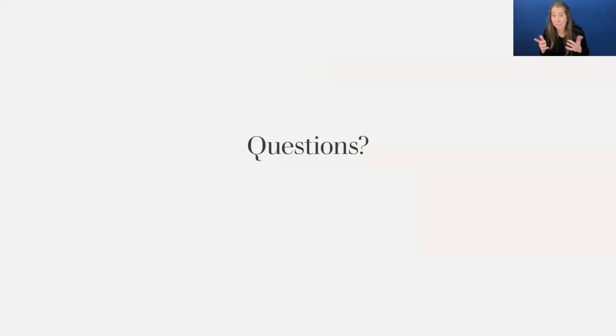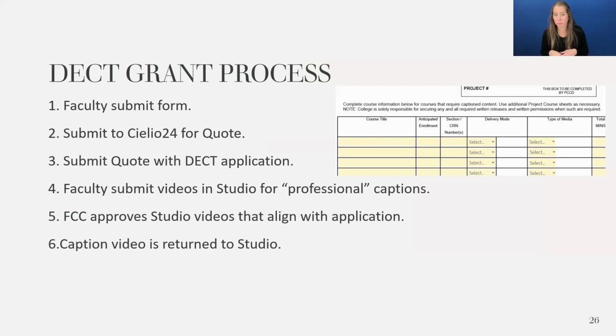Yeah. Something else I wanted to mention about the entire process. When we met, we were trying to figure out how we can make this the easiest for faculty, with all the stipulations that come from the DECT grant, as well as the vendor.